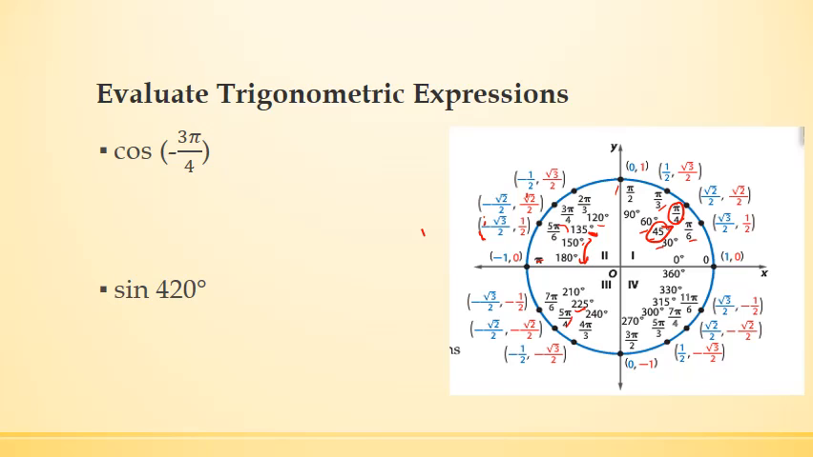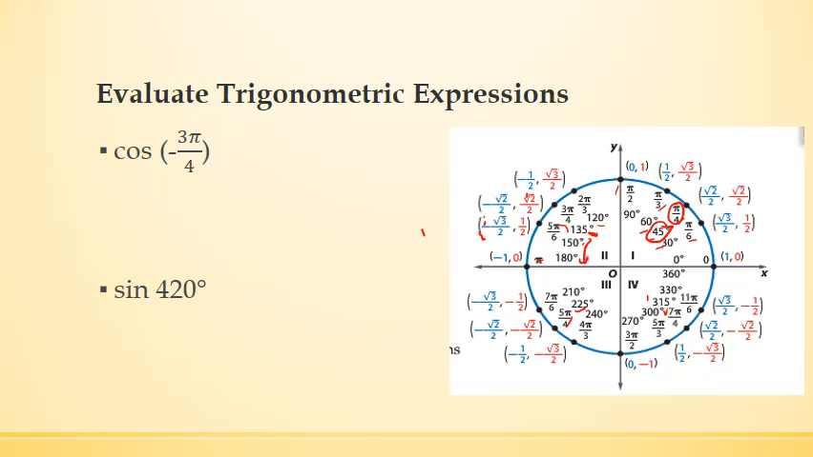Or at 225 degrees, or 5 pi over 4, they're both negative. Both the cosine and the sine are negative square root of 2 over 2. And lastly, since we're sticking with the 45-degree reference angle measurements, at 315 degrees and 7 pi over 4, the cosine is positive square root of 2 over 2, and the sine is negative square root of 2 over 2,